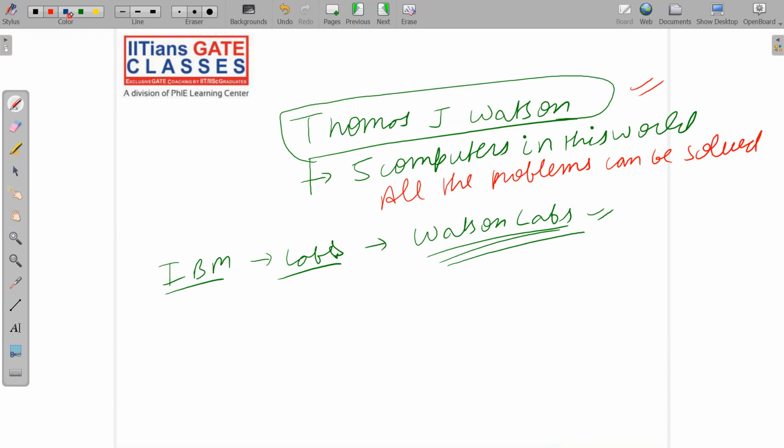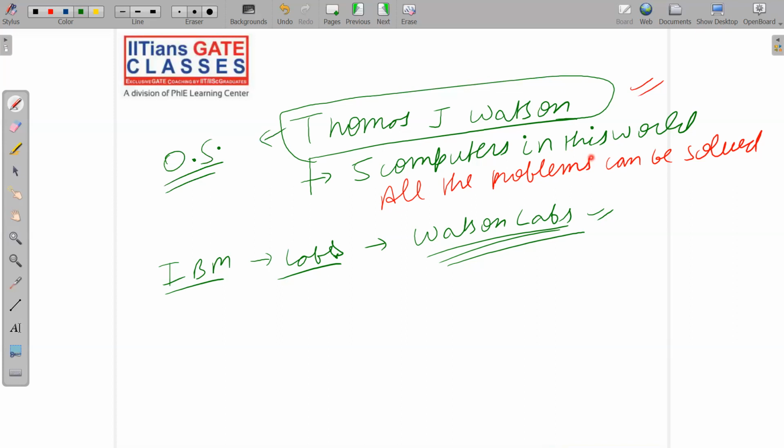And you know why he made this statement? He said this by arguing that we do not need any operating system in the computers, because only 5 computers in this world will solve all the problems. So we can have computer operators, and they can operate them very well. So we do not need any operating system, and we do not need to automate the linking, loading, all these steps of the computers. Okay, so without an operating system the computer can still run properly, but for each and every problem we have to write a program for that.